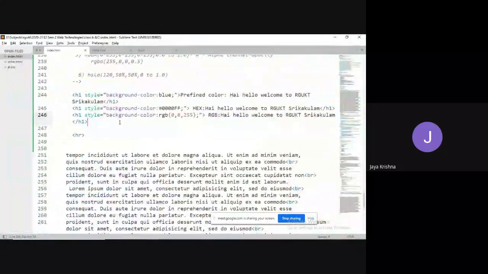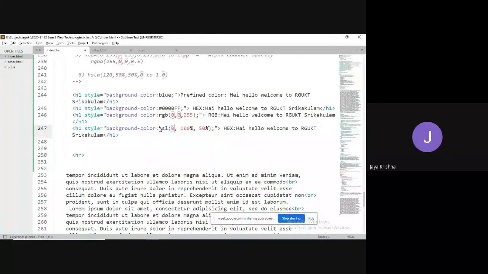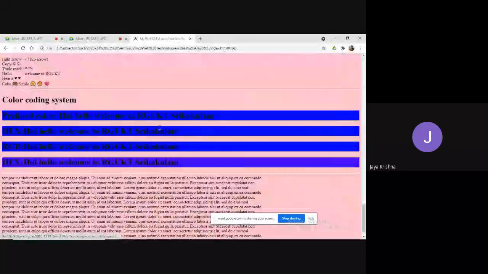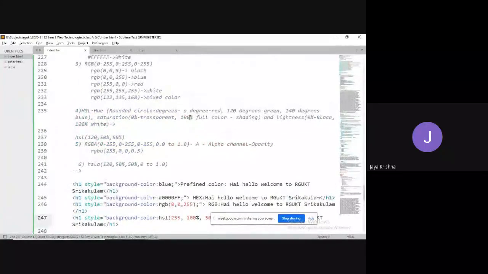For example, I would like to apply the fourth way, like HSL of 255. This is also another way, right? HSL. Observe. Saturation, I am taking full color.